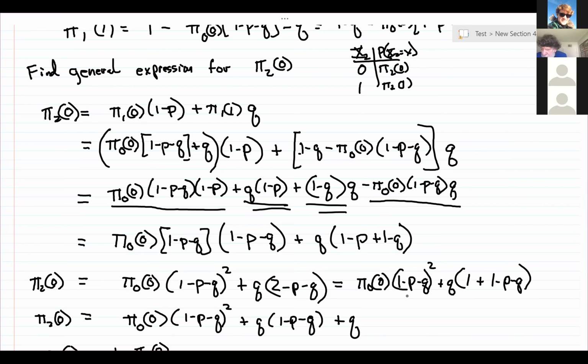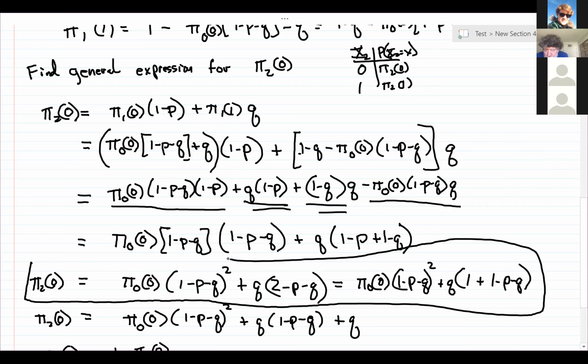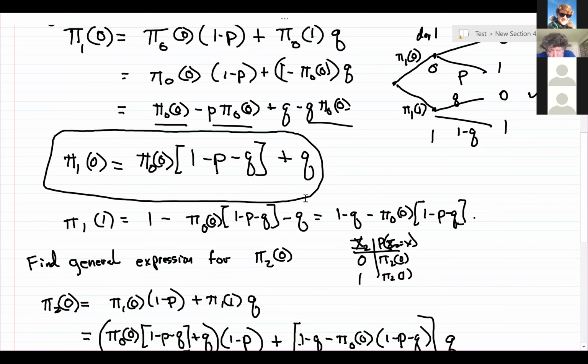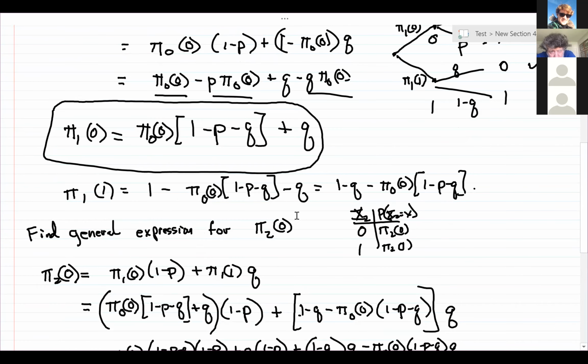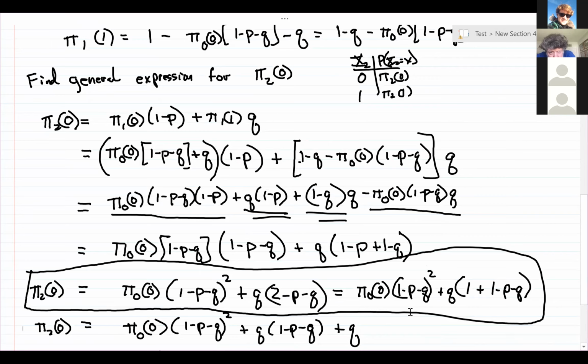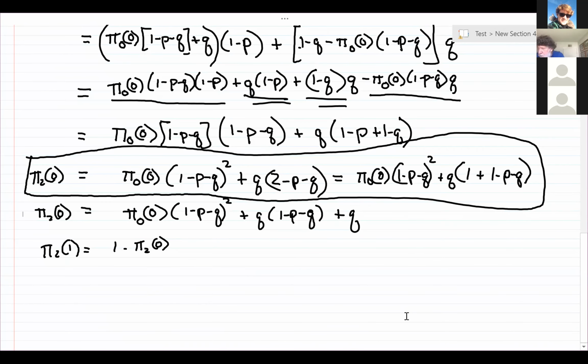So let's make this point, because this is sort of where things get interesting. Let's box this guy. And they're ready to make a leap of generality. Their leap of generality is, well, look, we've already found pi 0,0 to look like this, and we just found pi 2,0,0 to look like this box formula. And now what they're going to say in general,